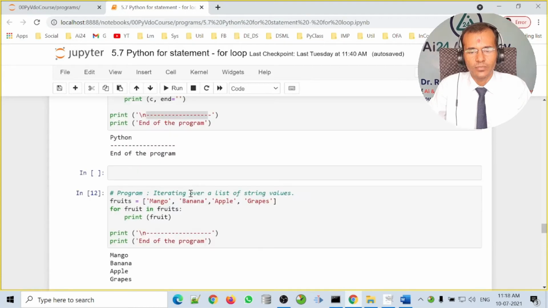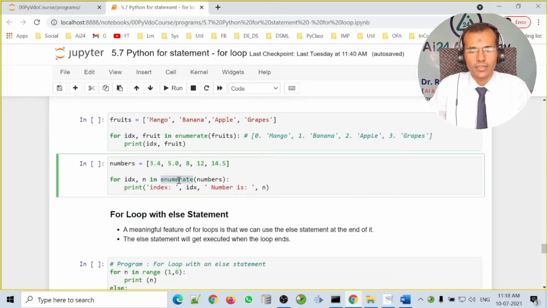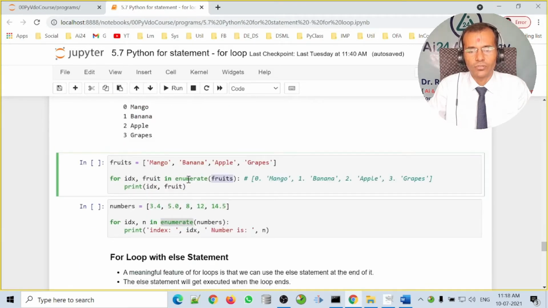Here we can see that in the previous program we are just specifying the list of fruits in the for loop, but now we are specifying the fruits as an argument to the built-in function enumerate, and then we are taking the index as well as the one fruit. Here the enumerate function assigns an index to each of the fruits in the list. So here we are getting the index and then the fruit from the list. So this way it will go on taking the index and the fruits one by one and we are printing.